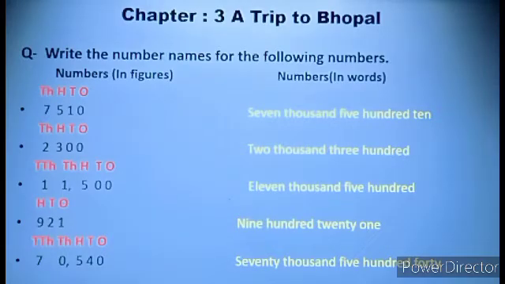Now the next example is 921. This is a 3-digit number, so it starts from the 100 place. So 921. Now the last example is